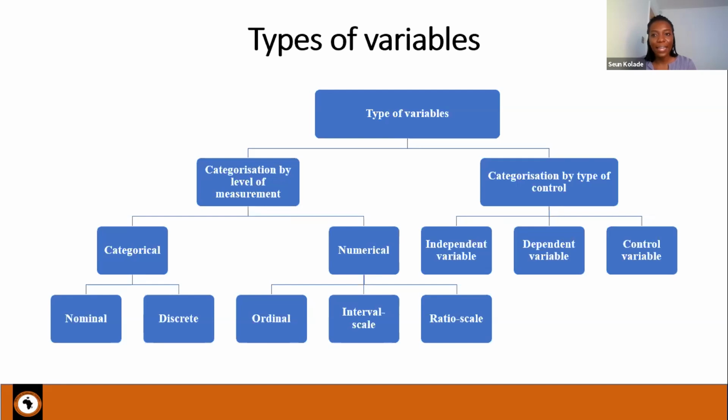So you find that if you're trying to categorize it by the level of measurement, then of course it either becomes categorical or numerical. Now, in the categorical aspect, you find that it can either be nominal or discrete, whereas in the numerical category, you find that it can either be ordinal or scale, depending on either interval scale or ratio scale. But if you're trying to categorize it by the type of control, you also find that